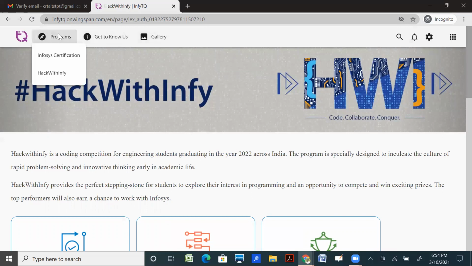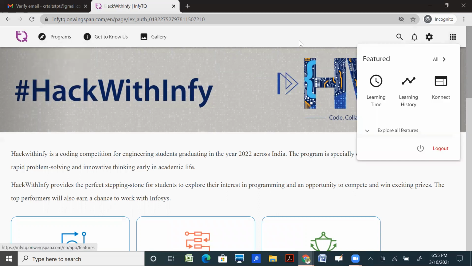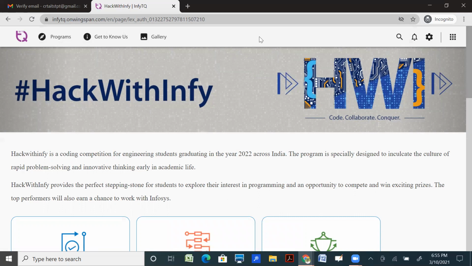So make sure there are 3 steps in the process to register for either the Infosys certification or Hack with Infy. First, you have to do the registration process for your login account of InfyTQ. After logging in, click on programs. Under programs, complete the registration process of Infosys certification.